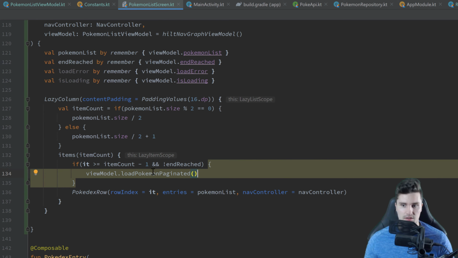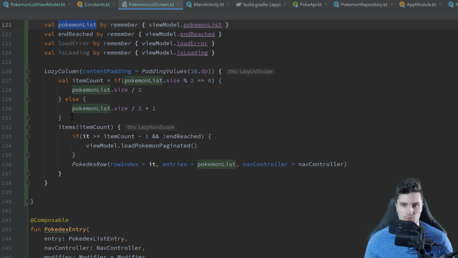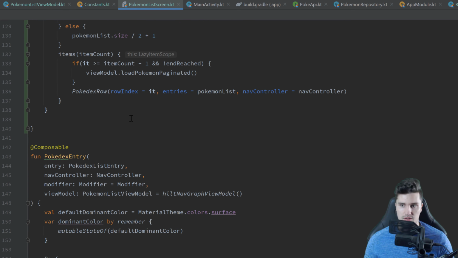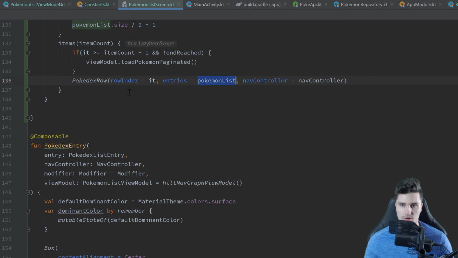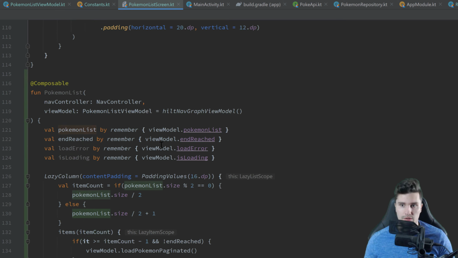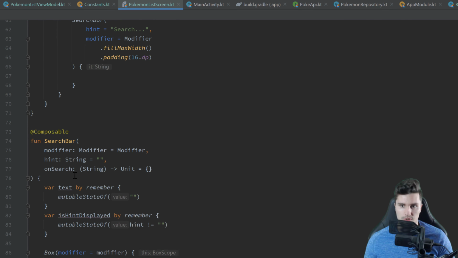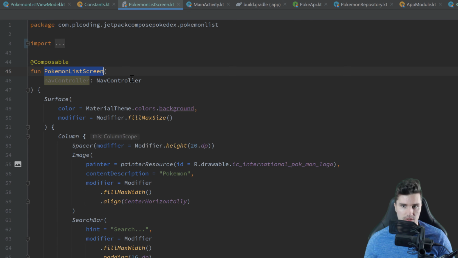That will then add the new Pokemon to this Pokemon list, which will add these also to this lazy column list here, because we use these here in our Pokédex row. Now that is enough to actually display the list of Pokemon. If we scroll up and also add this Pokemon list composable to our Pokemon list screen composable,